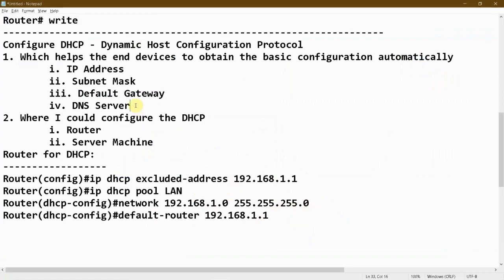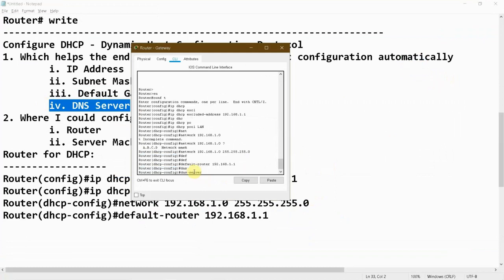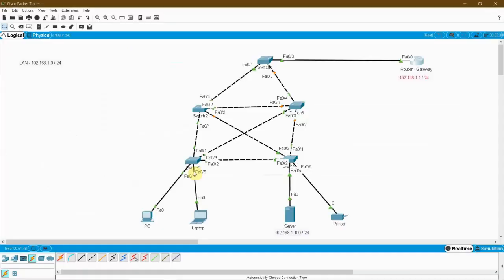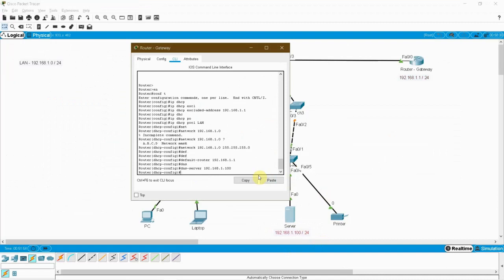And what is the fourth? Your DNS server. So same simple command, DNS tab, your DNS server IP address. What is your DNS server IP address? 192.168.1.100. Just give enter. That's it. So this is the fourth